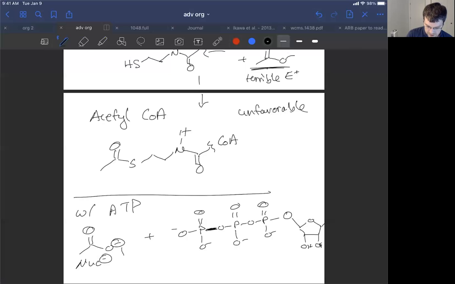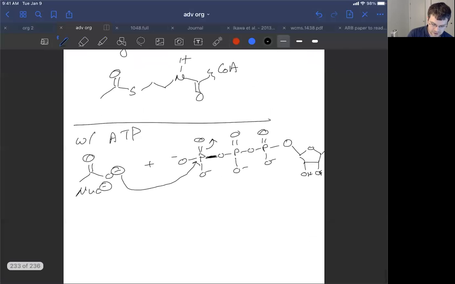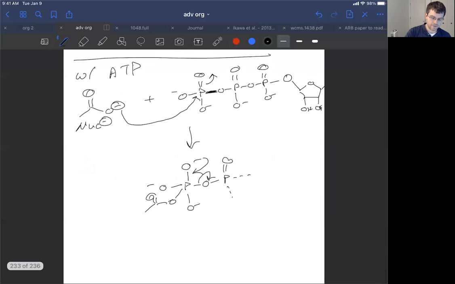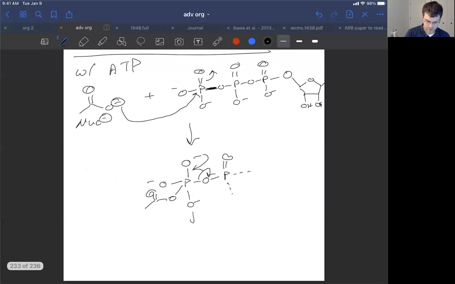Now, the way that's going to happen is the nucleophilic oxygen of acetate is going to add to the phosphorus on the end of ATP. We could draw some tetrahedral intermediate. Now that's going to come down, and I got my acetate here, and kick off the diphosphate leaving group